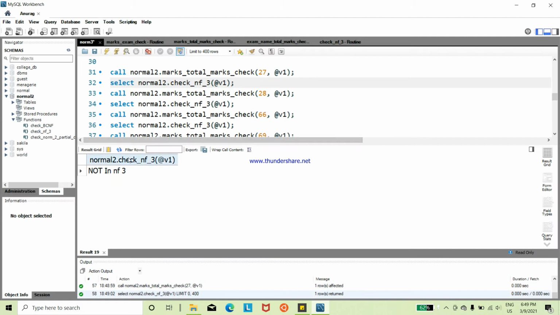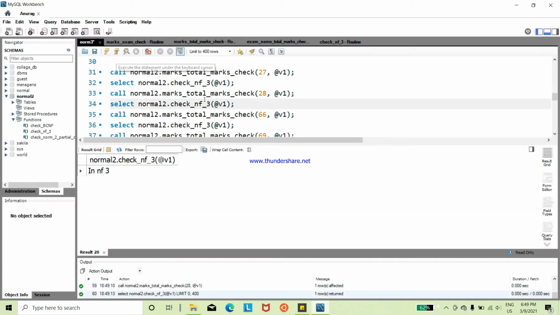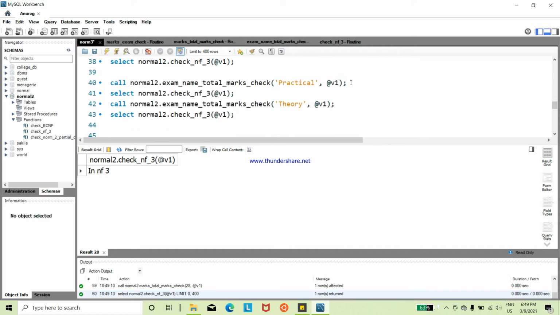We got not in third normal form, so we check further for marks 28, and here we got in NF3, and so marks is not related to total marks, and we need to check the next procedure now.